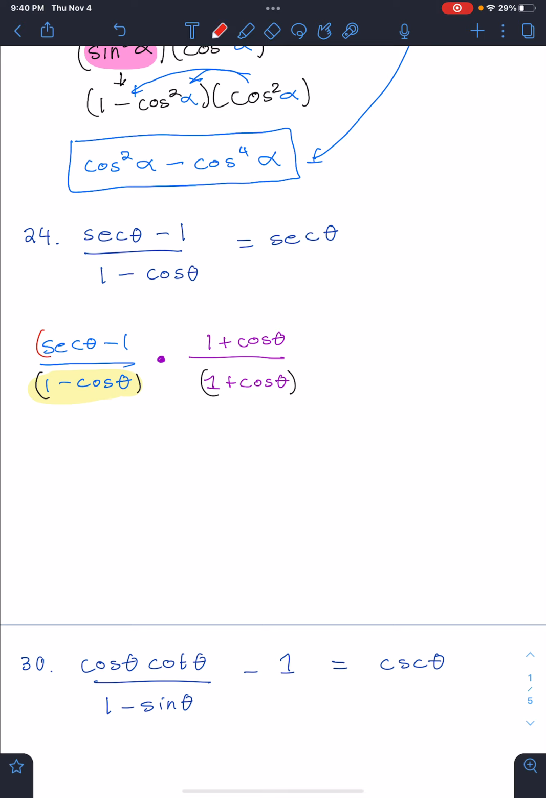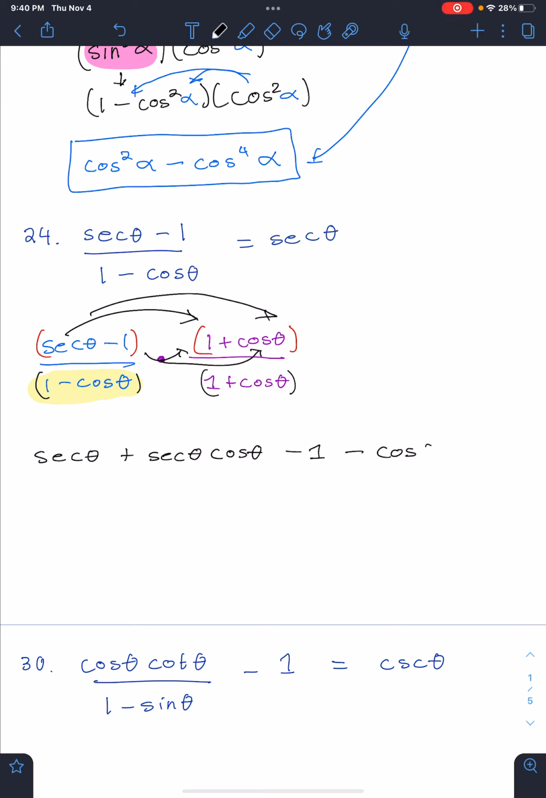So what you're going to do here is multiply the numerator by the numerator and the denominator by the denominator. So on the top, I can put my arrows. We're going to get secant of theta plus secant of theta cosine of theta minus 1 minus cosine of theta over